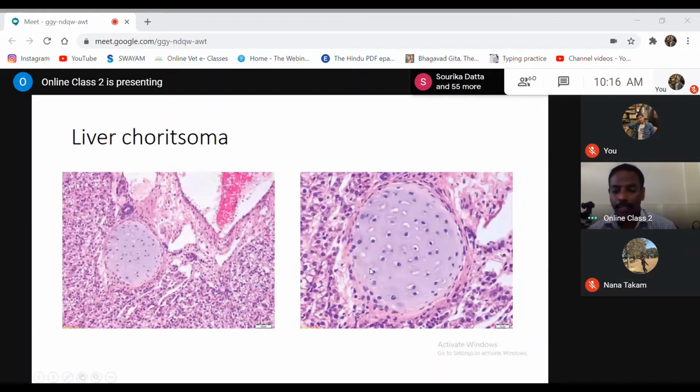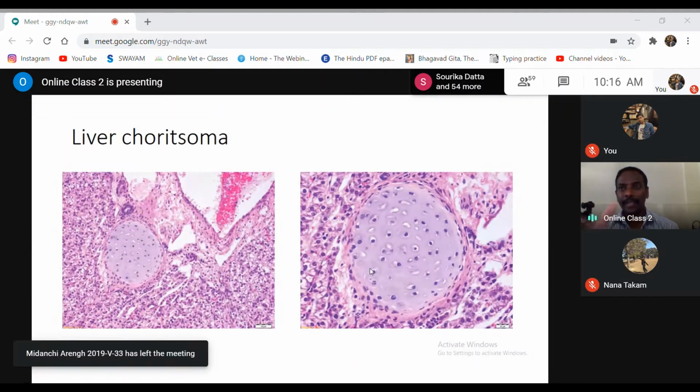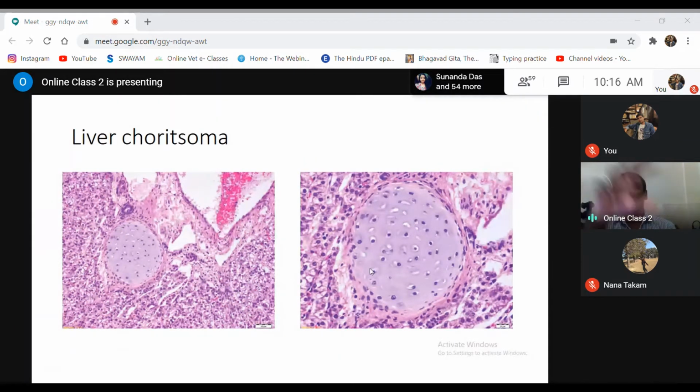Clear? What is the difference from hamartomas? Hamartoma means the structure is normal to that organ, but their architecture, their arrangement is different. Then you call them hamartomas. Then a tissue which is normally not present in an organ, if it is ectopic, means normally it is not found, but in a certain pathological condition you can find the presence of a particular structure which is not to be present in that organ, then you call them choristomas. So this is actually a choristoma where you can find the presence of cartilage in the liver.